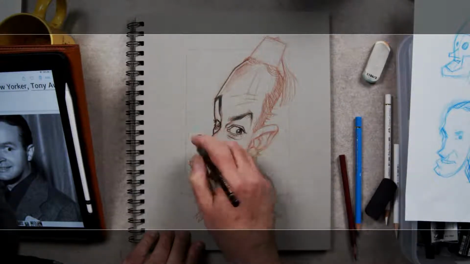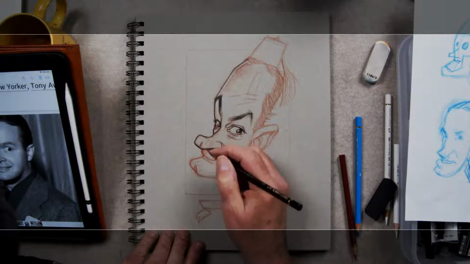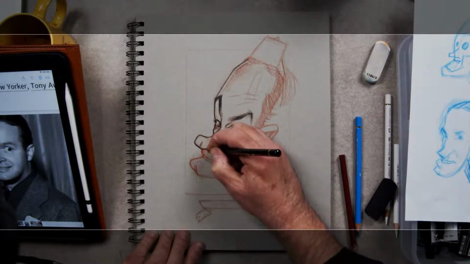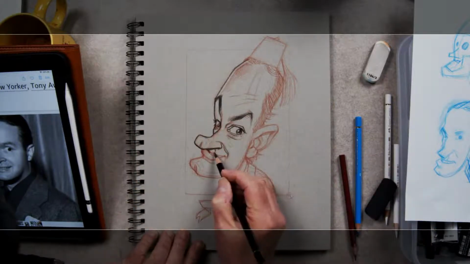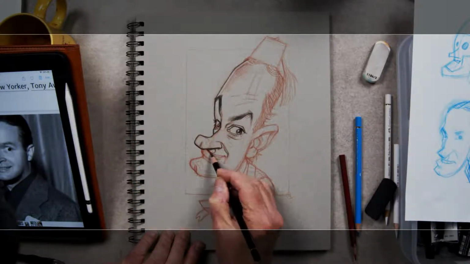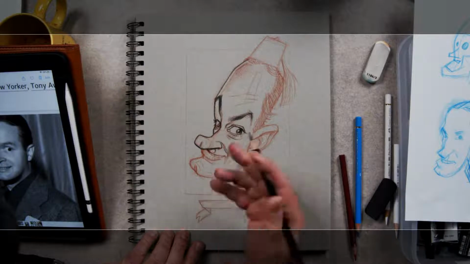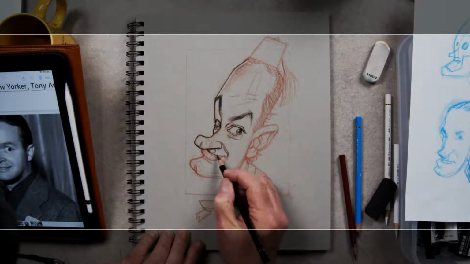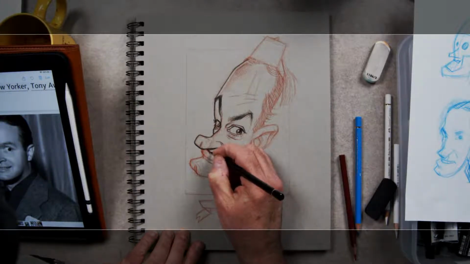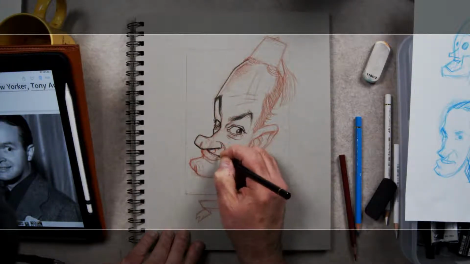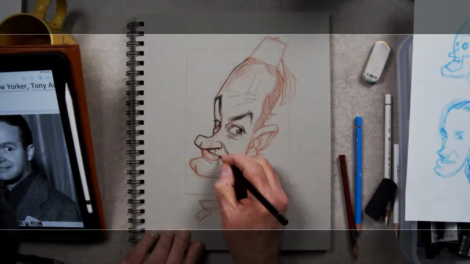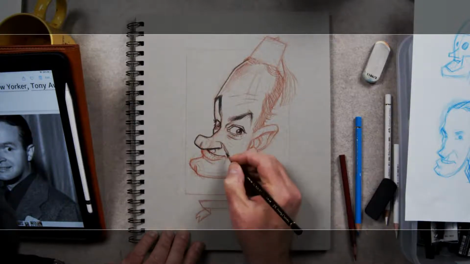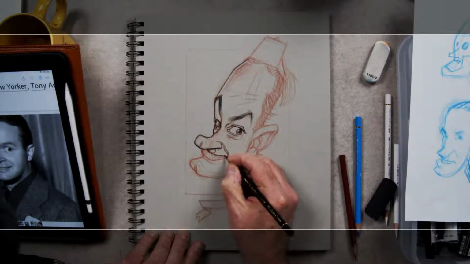Now there's some subtle areas of detail here. He does have lips, but they're not very prominent. The top lip, the bottom lip is more prominent because the jaw is coming out, pulling the lip out. You just have to be careful with outlining things, because black tends to be very defining in terms of line work.